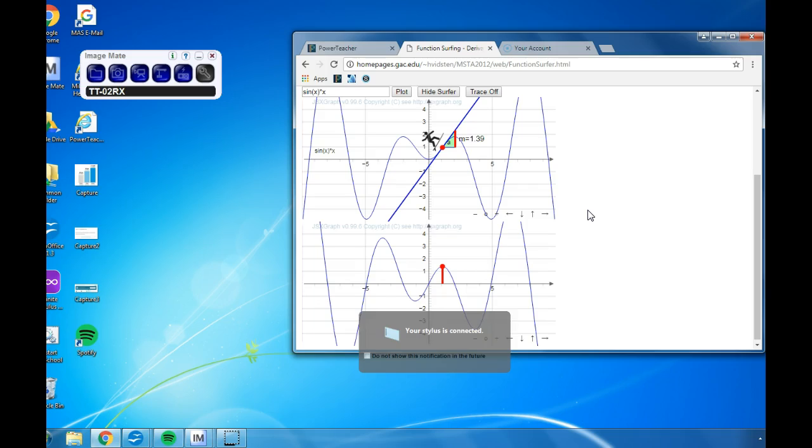Derivative is just slope, but it's not the slope between 2 points. It's the slope at 1 point, which you're not really used to. So, for example, if I ask you to find the slope between there,